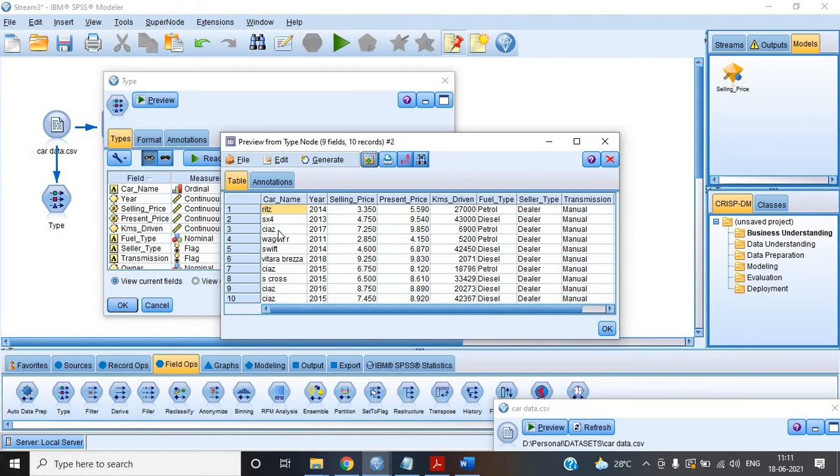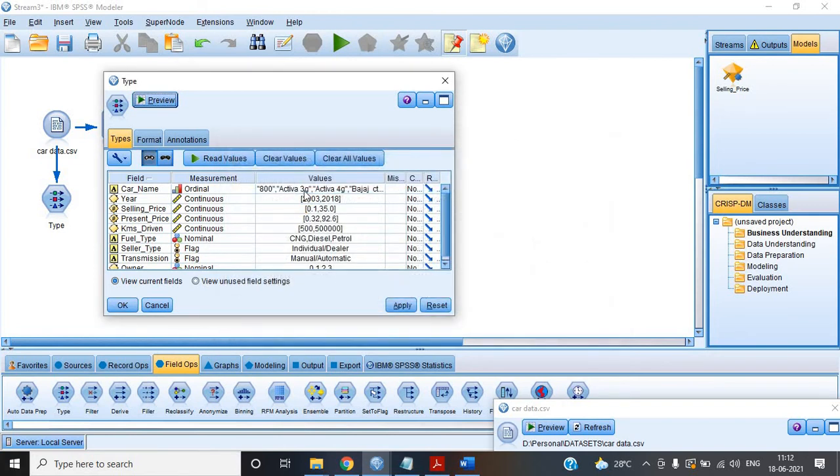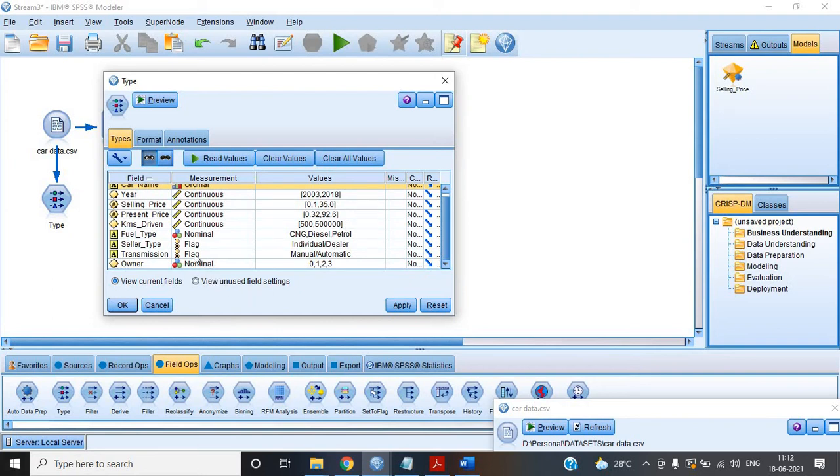So if it is Mercedes or something like that, then of course the present price will be increased. So that's the reason we don't need the car name, because the car name already represents the present price. So let's keep it as pass. We'll pass this data, we don't need it.